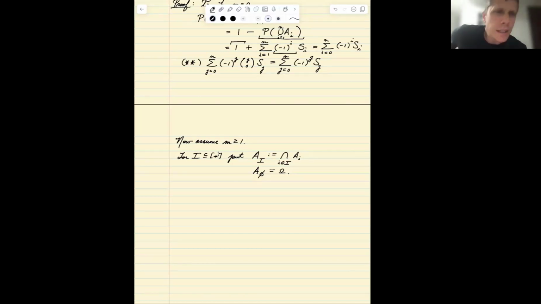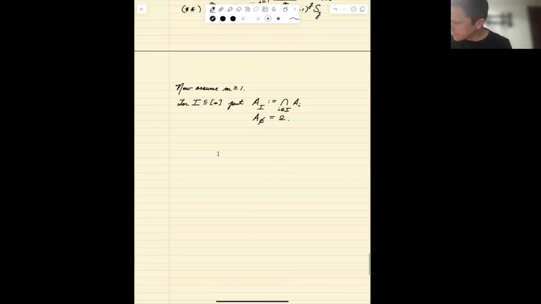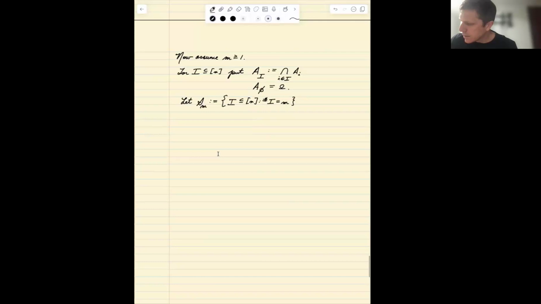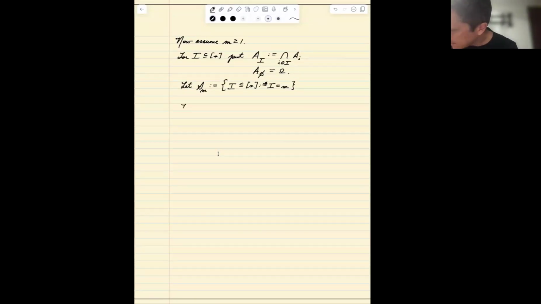And now what we're going to do is let script I sub m be the set of all subsets of n that are size m. So now for I, an element of script I sub m, so for any index set that has m elements,